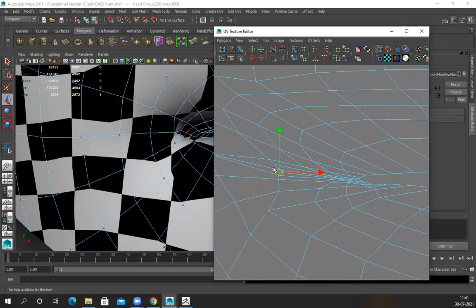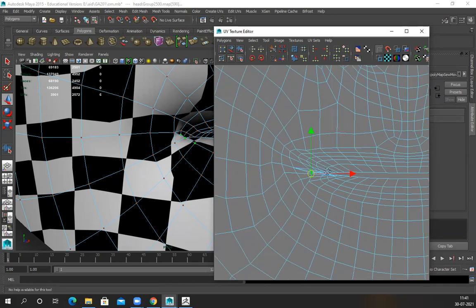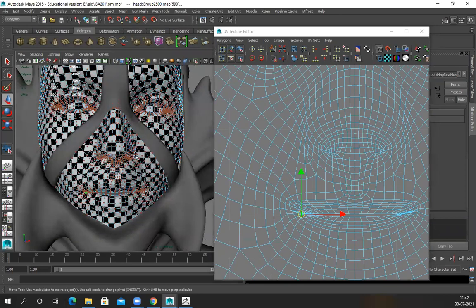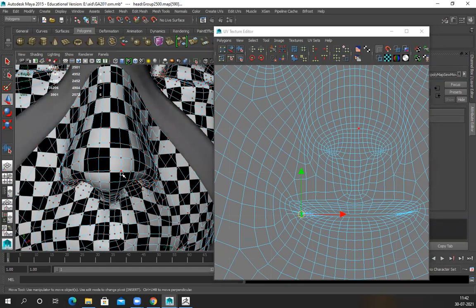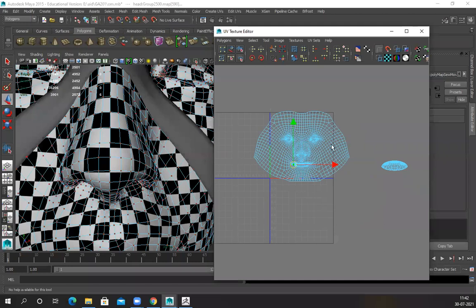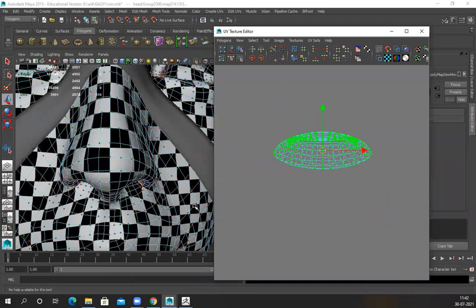Like this, manually all these lines have to be fixed and corrected, everything near the lips and nose, with soft selection slightly increased. No matter what you do, a little bit of stretch will be there. That is unavoidable. You cannot do anything, but we have all the details in high poly, so it will bake perfectly without any problem. So there won't be any issue. So something like this will unwrap.